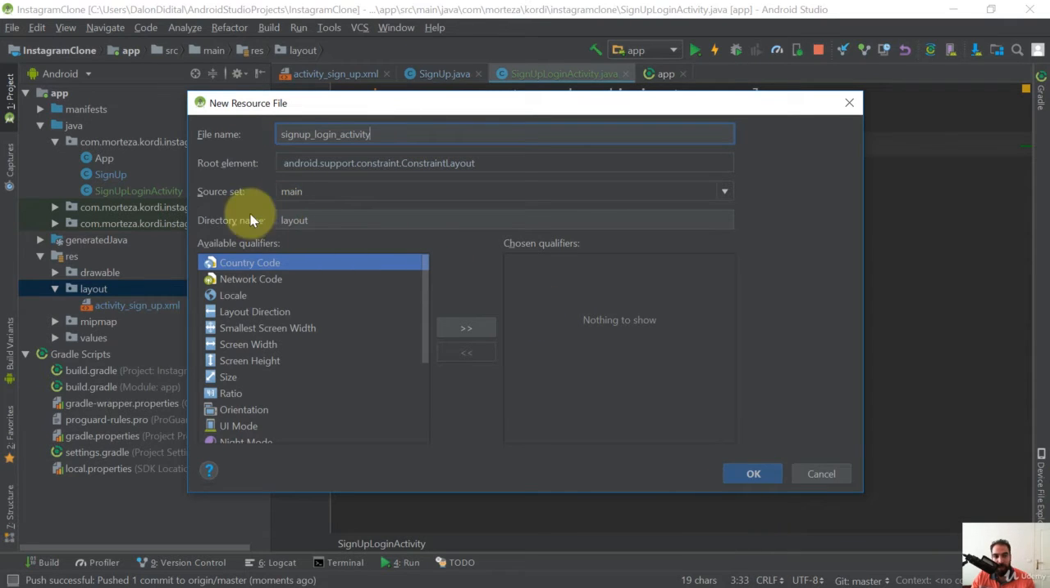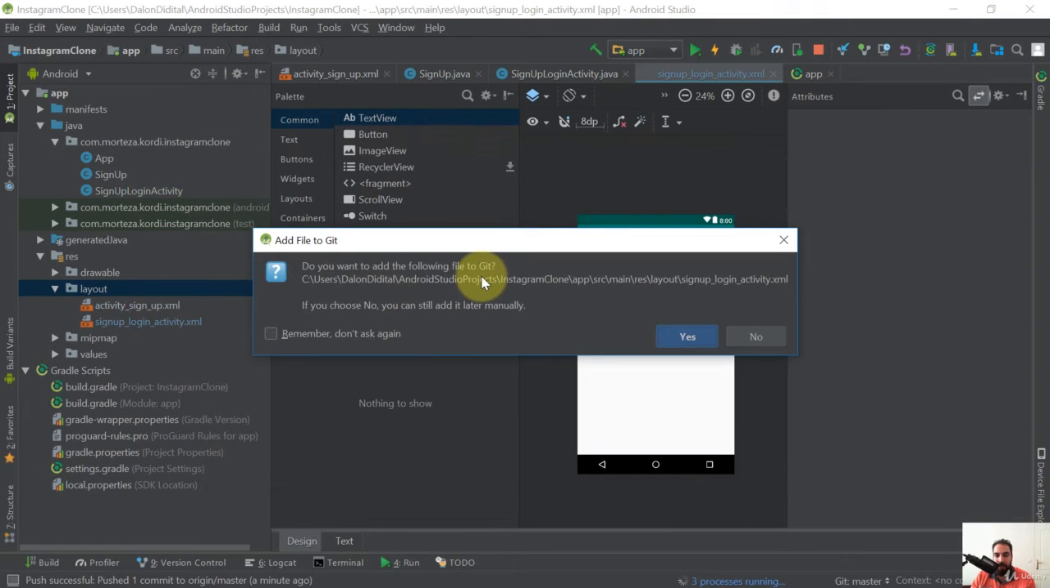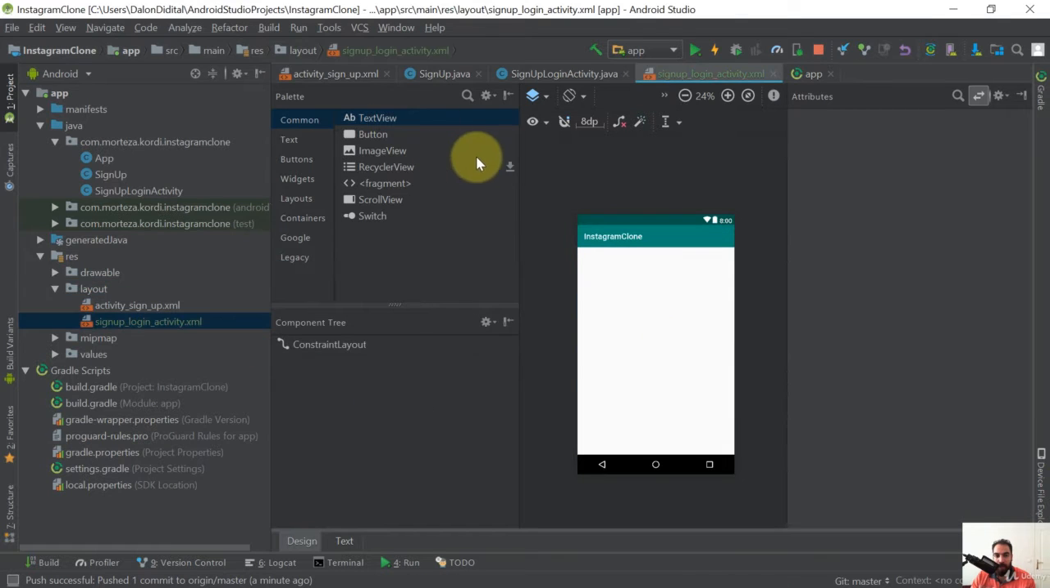Here make sure that the directory name is layout. You can see that the root element by default is constraint layout. If you want to, you can change this layout, but I think constraint layout is fine, and just click on OK. And then it asks if you want to add the following file to Git. I'm going to click on yes. So now that we have this XML file, we need to connect it to our Java class,